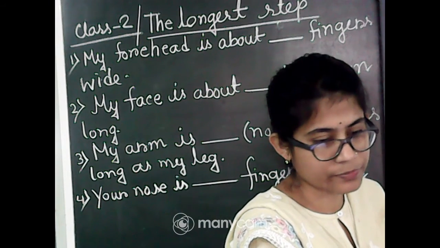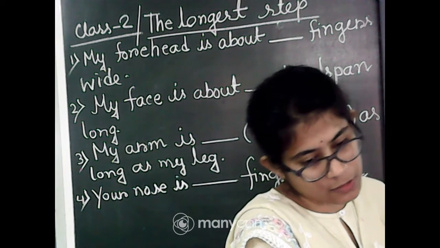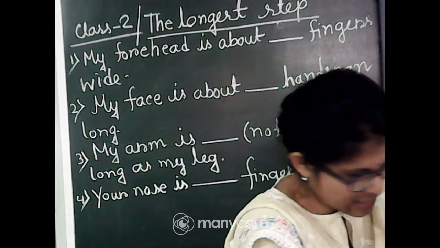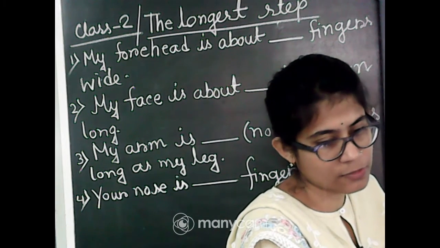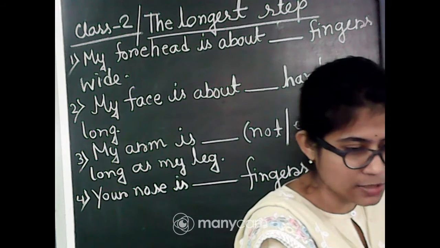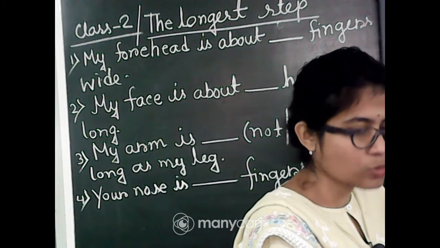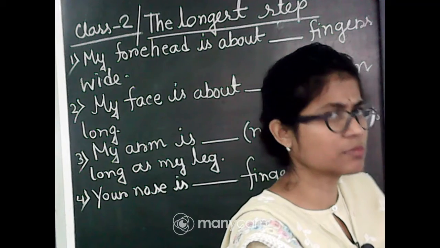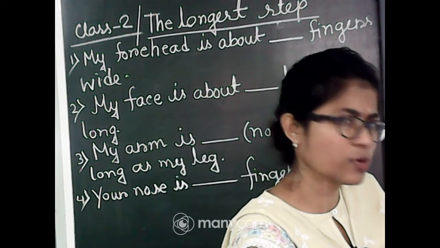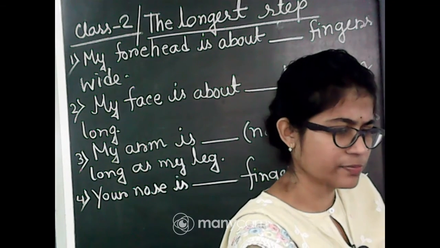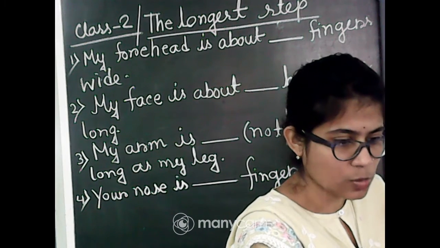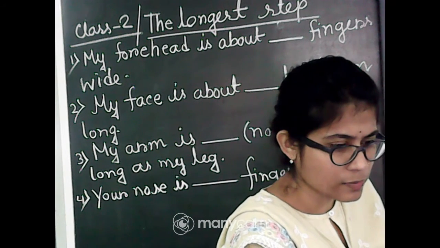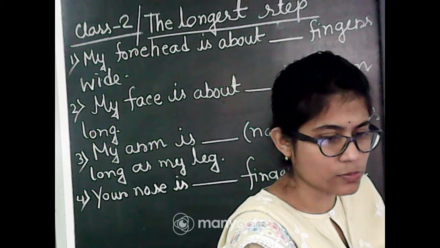Okay, ready? So it's 4, not 3 fingers. Okay, all right. Kaushik, 4. Kaushik, your one is 4 fingers. I don't think so. Your one should be 4, because your forehead is not that small. It's my guess. Ankita, it's 4.